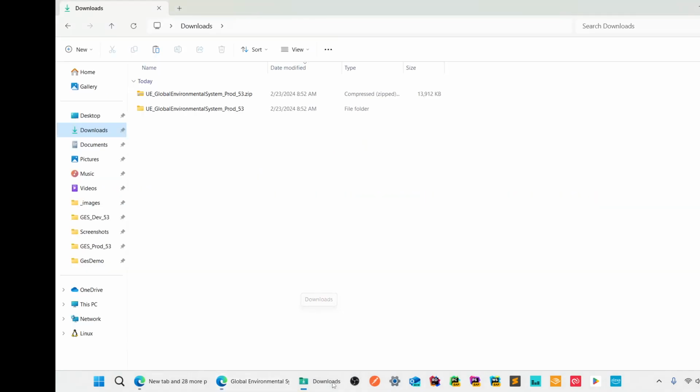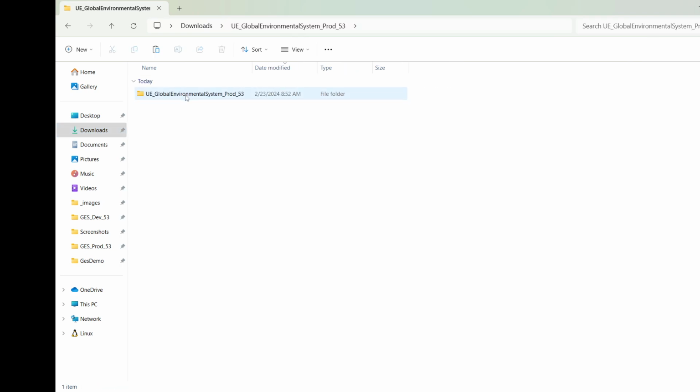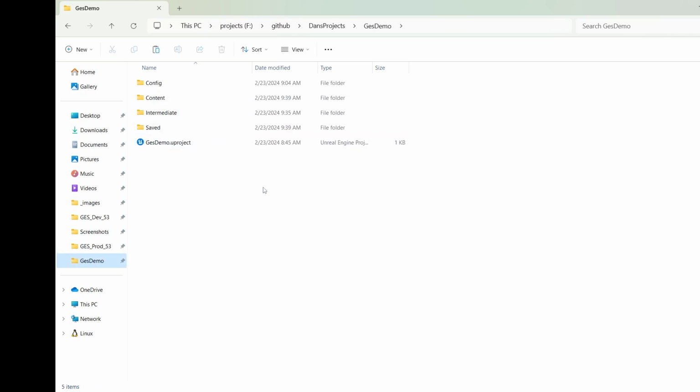So now we can go ahead and copy over the global environmental system and then copy over the MS preset. So I've got this extracted. We want to go in here and we've got contents and plugins. You don't need the plugin unless you're using Unreal Water. So let's grab the content and go to our demo, and we can just paste